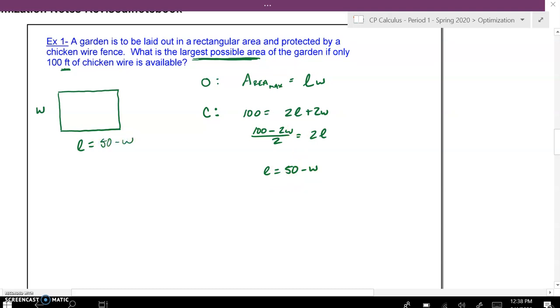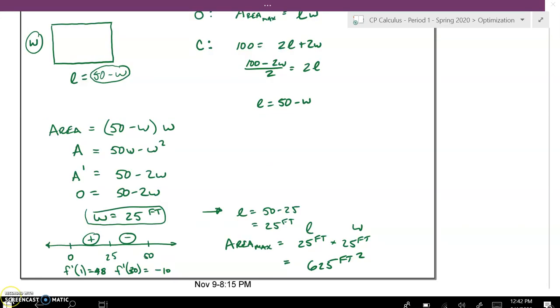The whole point of me doing that is so that I have everything in terms of one variable, so that in my equation I'm only dealing with one variable. Okay, and that's what's going to end up happening. I want to use those two things to help me optimize and maximize this area. Now, what I'm going to end up doing is optimizing this, finding those critical values. So I put it into the area equation. I have my length, which I wrote in terms of W, like we said, 50 minus W, and my width,